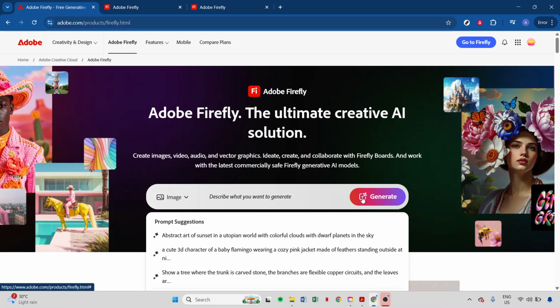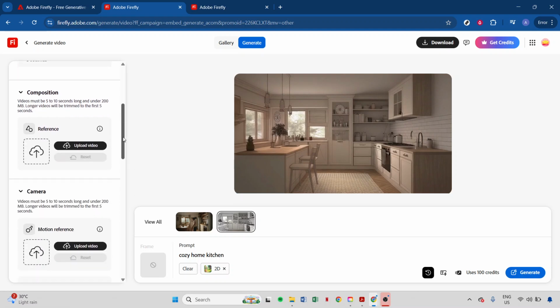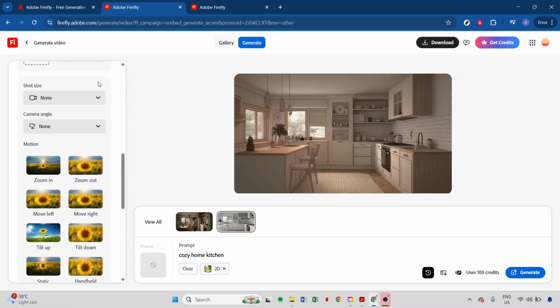For those choosing video creation, there's a suite of options available to fine-tune your work. You can adjust aspects such as resolution and aspect ratio, which determine how your video will appear on different screens. Additionally, you have the flexibility to upload an existing video as a reference to guide the composition and camera movements. You may also want to adjust the shot size, camera angle, and include dynamic motions like zooms or pans to